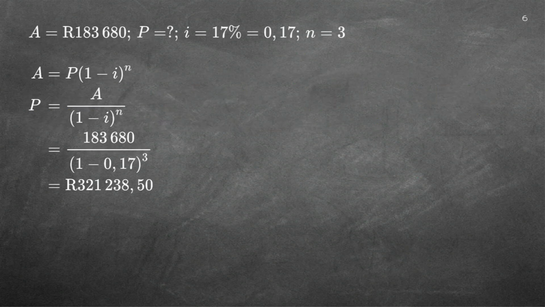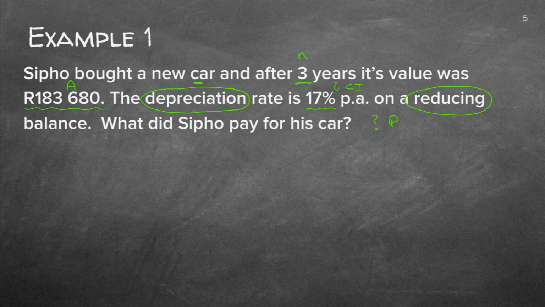Good. So let's just go to this page, and not this page. I'll do it on the same page. Otherwise you see the answer. Let's just do it just here. We're going to write down our formula. A is equal to P, reducing compound. Depreciation has got the minus formula. Compound has got the N hanging in the air. So let's see what we have.